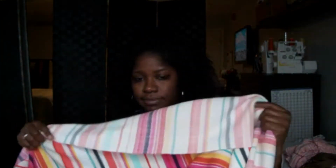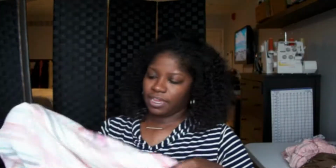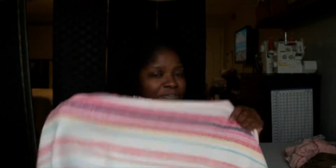Then I got this pretty fabric. I got 2 yards of this, and when I saw it on the wrong side, I was thinking, ooh, I want to make a jumper with this. So this side is really pretty, but it's super bright. So I'm going to likely make this jumper on the wrong side. And the jumper that I want to make,